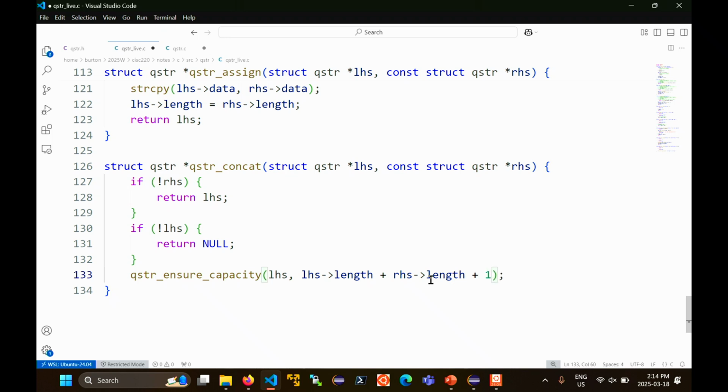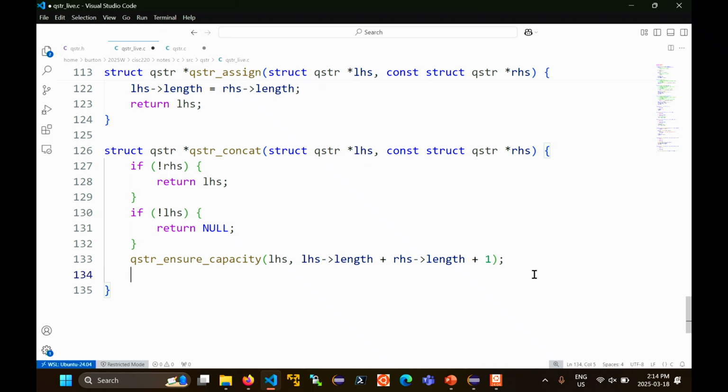So concat joins the contents of that onto the end of LHS. How much room do I need for the concatenated result? I need at least that much room for the original string, plus the characters coming from the right-hand string, plus one more for the null terminator. After I've called ensure,